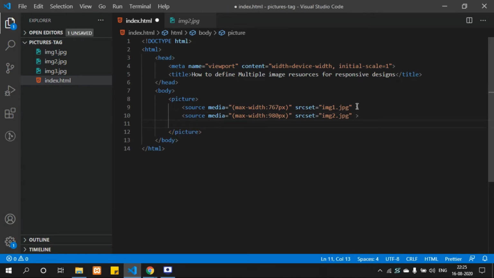Now let's define the default image. So guys, let me clarify one thing. The picture tag itself doesn't display anything. You need to declare the default image as the value of the src attribute of the img tag. Alright, so let's define the default image in the img tag.